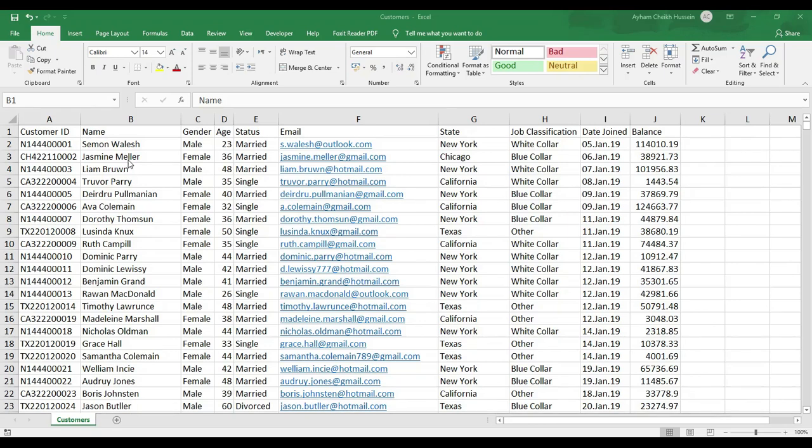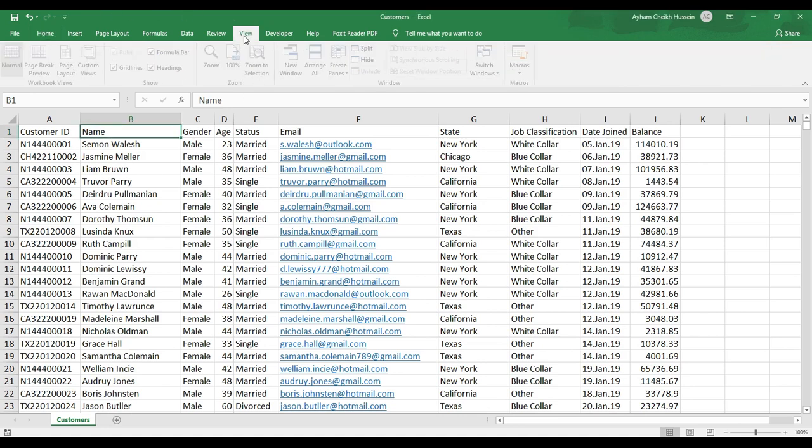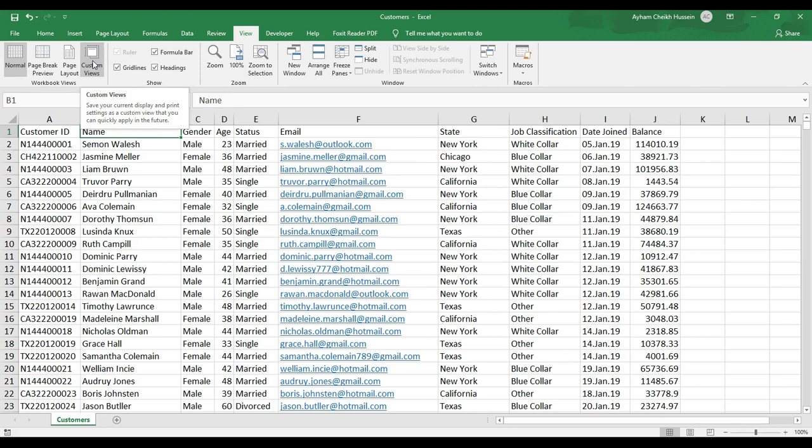Custom views can be considered as an easy way to present filtered data. So how can we custom view our worksheet? Now, before filtering your data, go to View ribbon, then Custom Views,